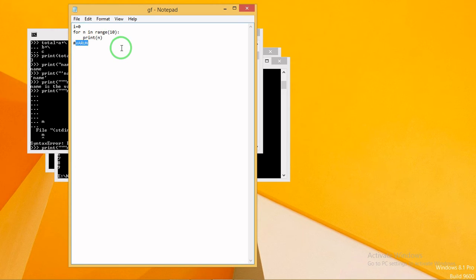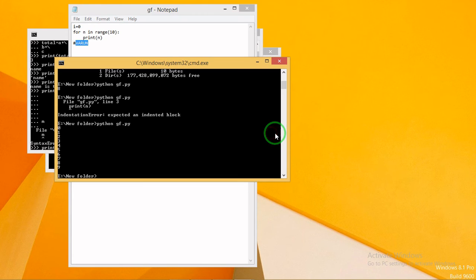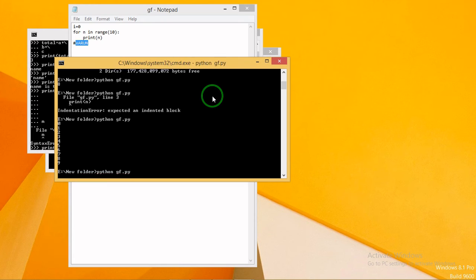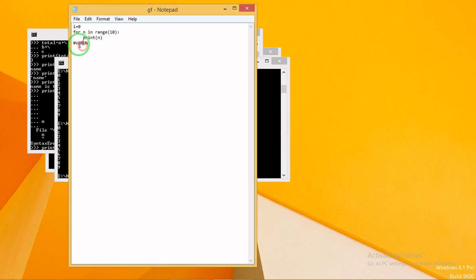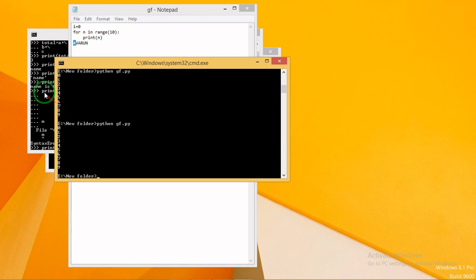It will not be shown in the program because it is there to intimate some value to the program itself, not for the runtime. So now I run the program. It just shows the value only, not the name, because it starts with a hash, so it is said to be commented.